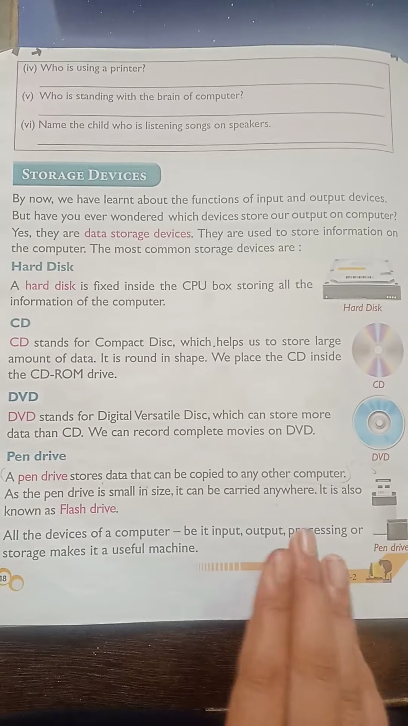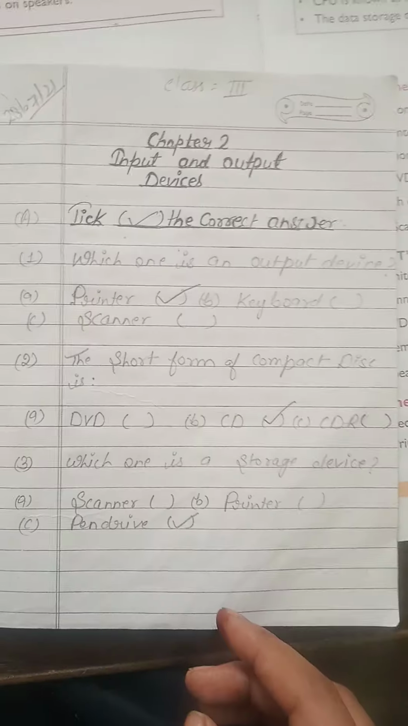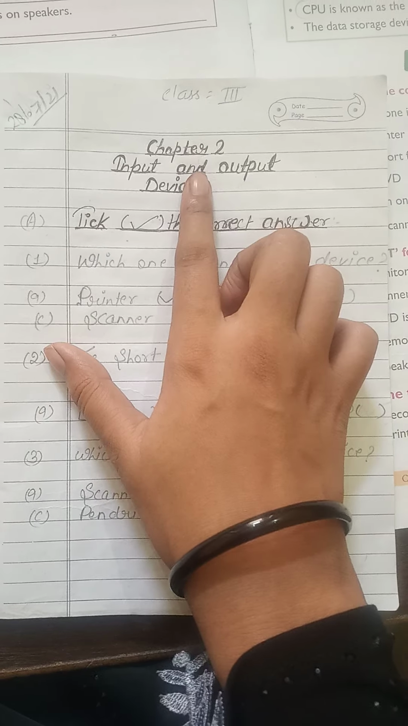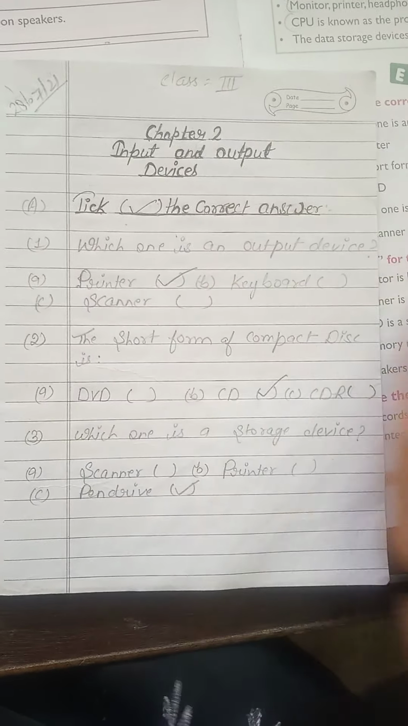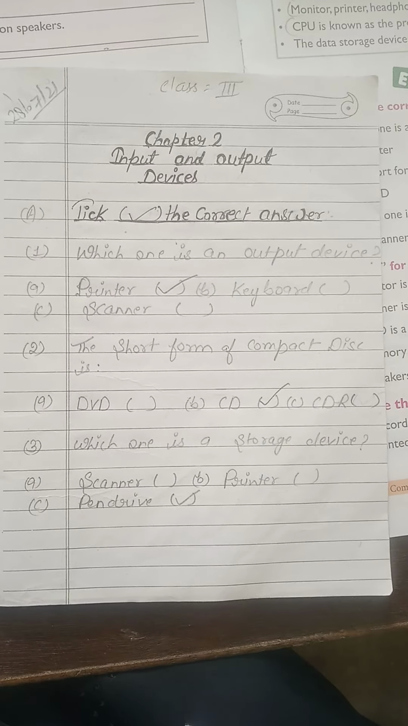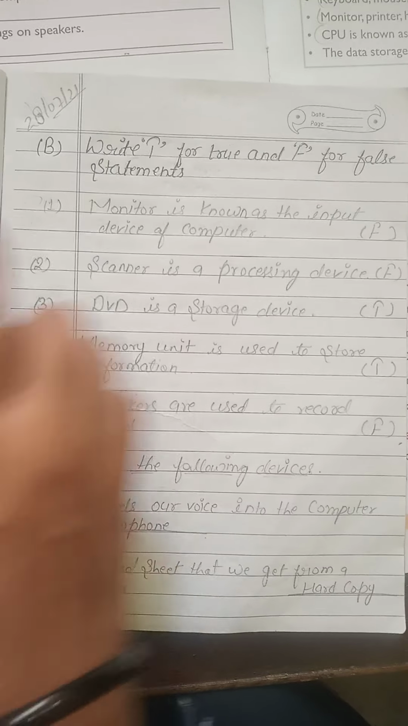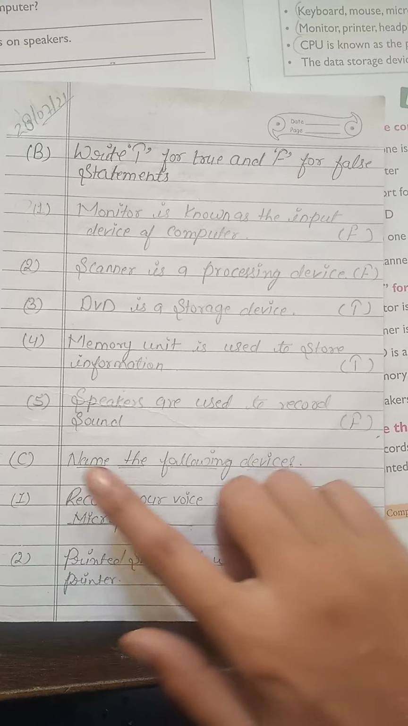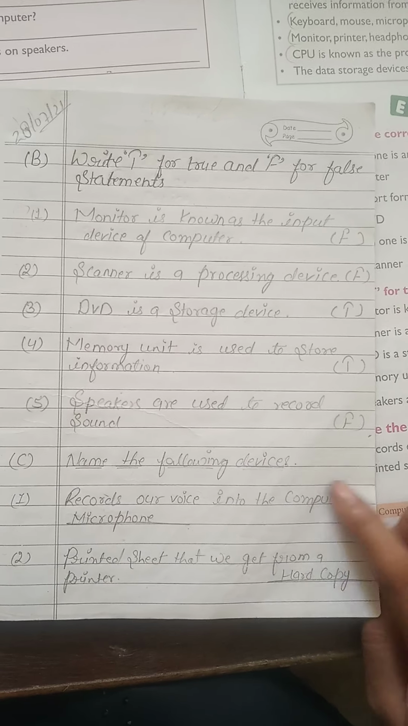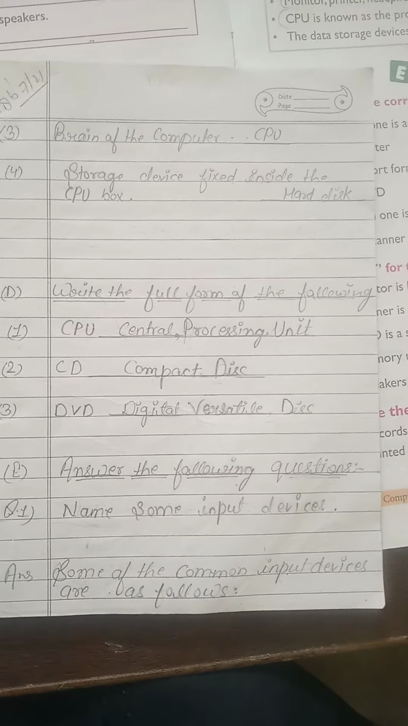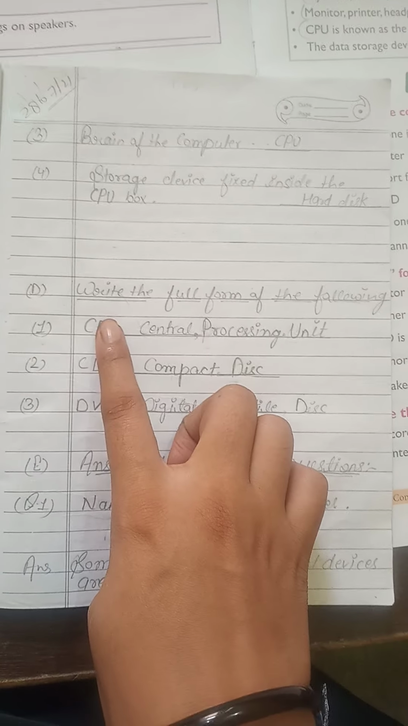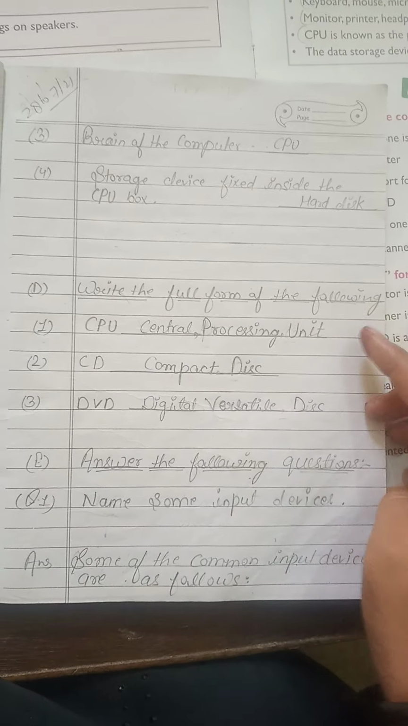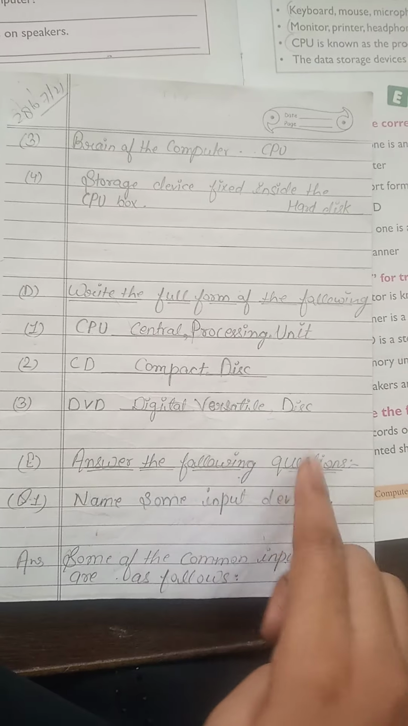स्टूडेंट ऐसे ही इसको आपको रीड करना है। अब हम करेंगे इसको कॉपी में वर्क। फर्स्ट ऑफ ऑल कॉपी में डेट मेंशन करेंगे। चैप्टर 2 इनपुट एंड आउटपुट डिवाइस। स्टूडेंट राइट द करेक्ट ऑप्शन इसी तरह से करेंगे, इसे मैंने अपनी कॉपी में किए हैं। नेक्स्ट करेंगे राइट टी फॉर ट्रू एंड एफ फॉर फॉल्स स्टेटमेंट। स्टूडेंट ट्रू फॉल्स करेंगे। देन नेम द फॉलोइंग डिवाइसेस, इसी तरह से करेंगे। डी राइट द फुल फॉर्म्स ऑफ द फॉलोइंग, फुल फॉर्म्स करना है।